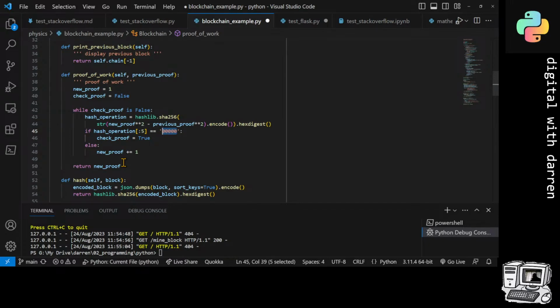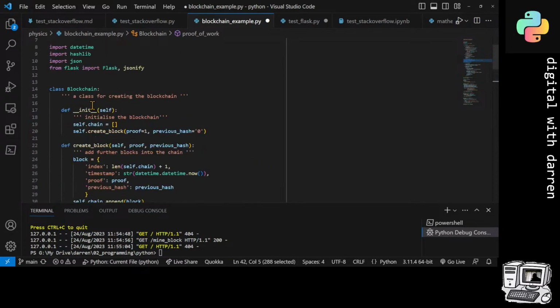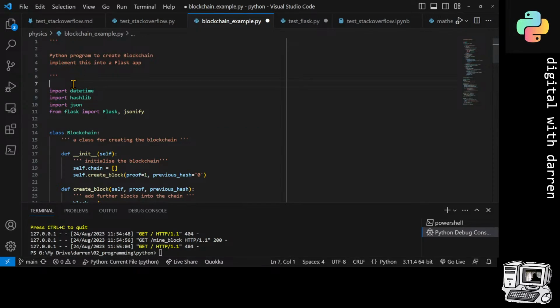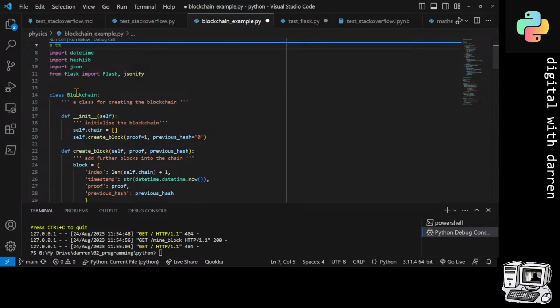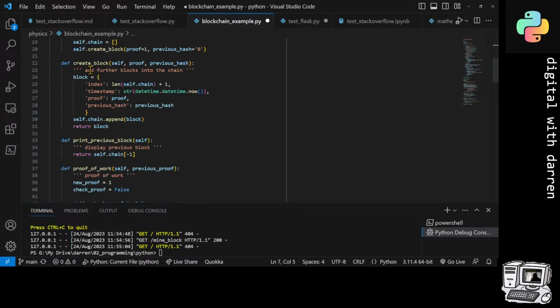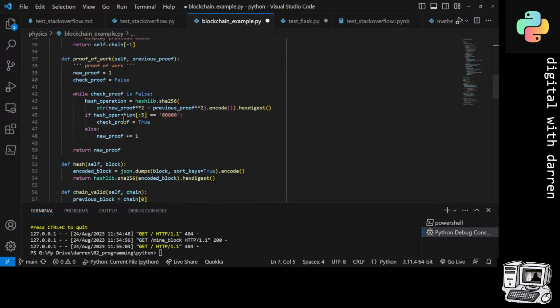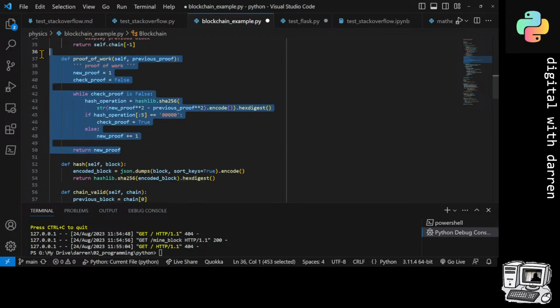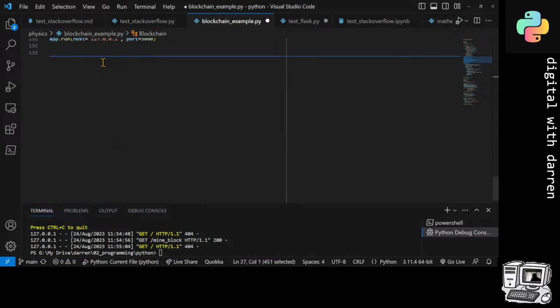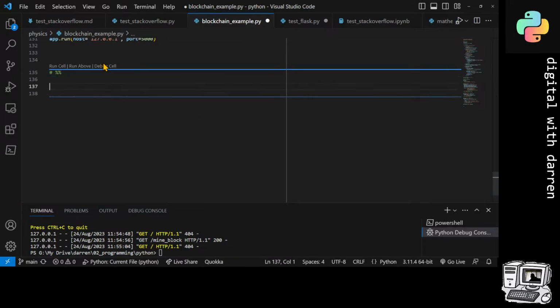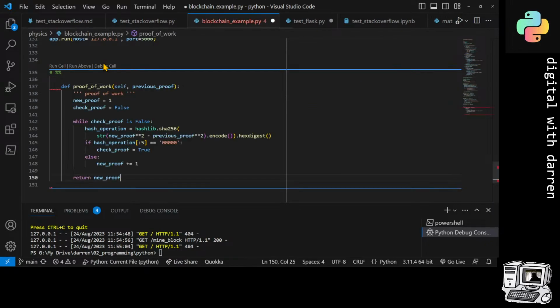I could actually take this out and actually run this separately. So one of the things I'm going to do is do a hash like that. I could actually run it, but what I'm actually going to do is take this separately out, because this is our proof of work, or at least this is the function, and just identify what the function's doing. So I can put this into a block like this separately to run it separately, and this is no longer